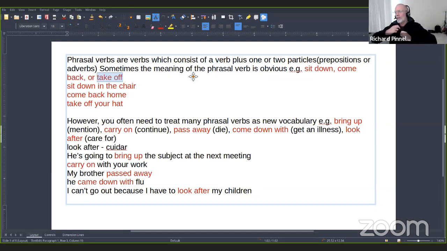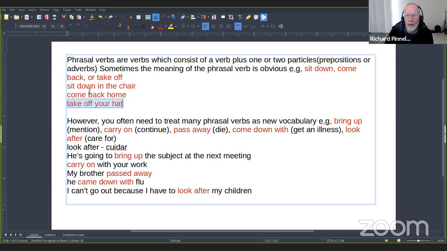Take off your top, this jacket thing. Take off. I'm taking off. I'm not going to take it off because it's cold, but this is the meaning. So these are three examples of phrasal verbs. Here I have three sentences with these phrasal verbs. Sit down in the chair. Come back home. Take off your hat.